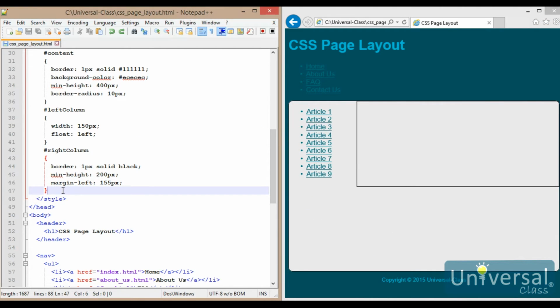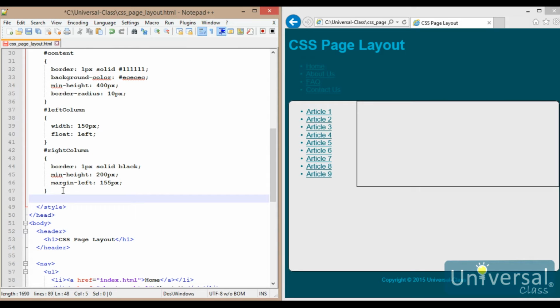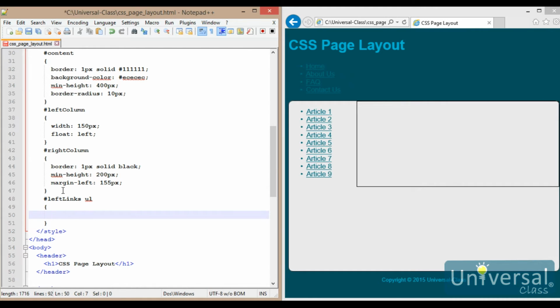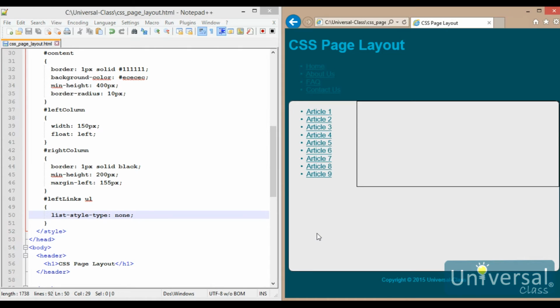So what I'm going to do is I'm going to say, for my unordered list that exists in left links. So I'm going to say left links, and if I see a UL, then what I'm going to do is format it a certain way. And what I'm going to do is I'm going to say list style type is none. And when I refresh,